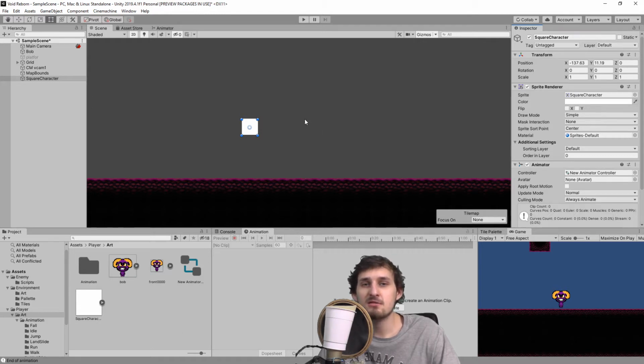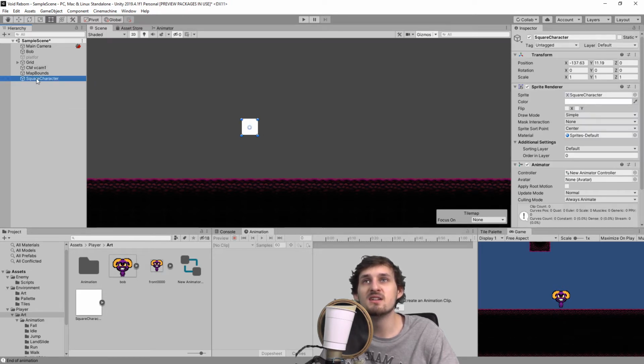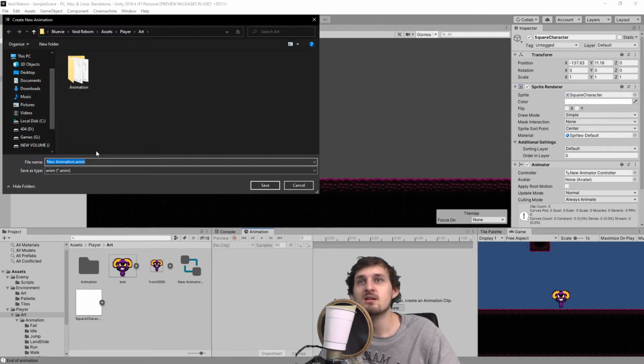So now we know how to create the interface for controlling our animations. And how do we create animations by themselves? To create an animation on our square, we want to select our object, and in the animation window we can press create, and this will ask us what we want to name our animation. I'm gonna name it rotation